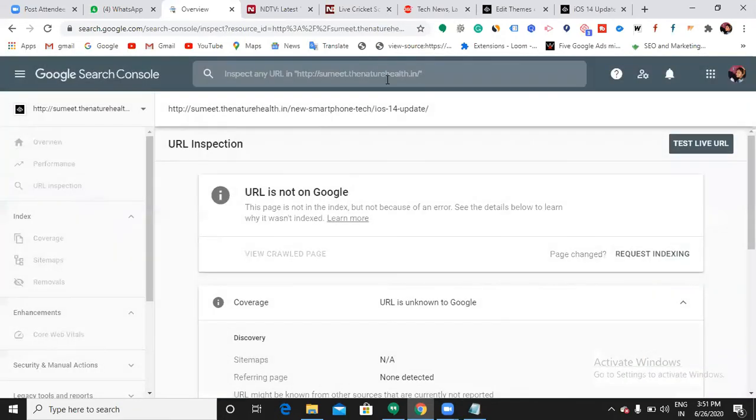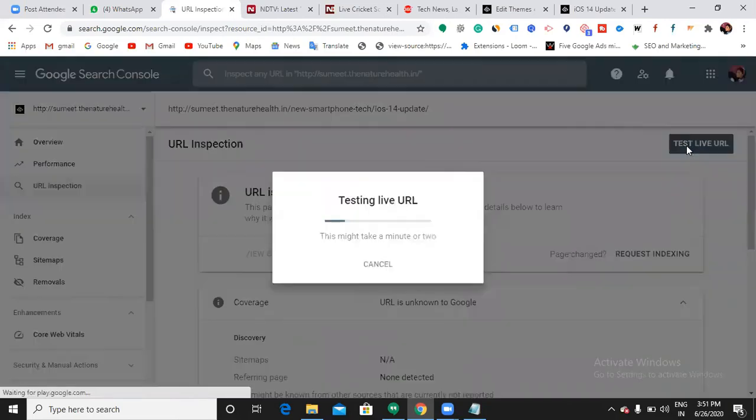So it is retrieving the data. Now it is showing you that the URL is not on Google. Sometimes it will show this message also. At that time, you have to click this test live URL. It will test whether this URL can be indexed or not. It takes some time.